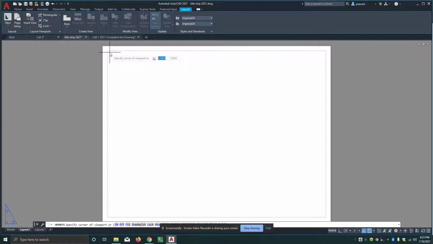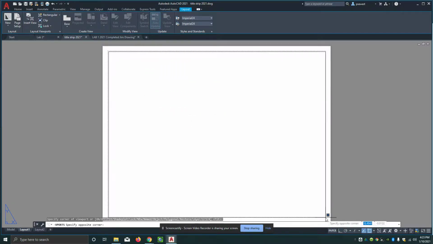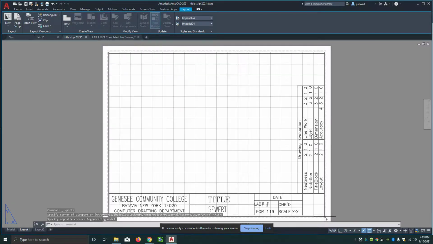I don't want to put the rectangle I'm going to create outside of those dashed lines. Those are like margins, and if I put something out there, it will not print. So I'm just going to come inside of that. I'll go down here to the lower right corner and click again,